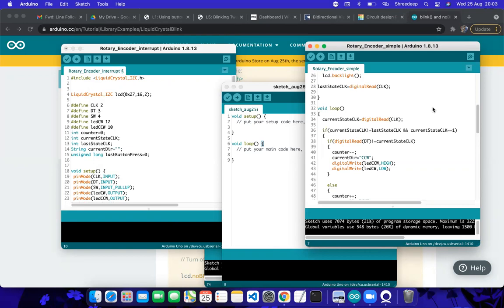Now the question is whether two I2C LCD displays can be connected to the Arduino. Theoretically not, but you can connect them in a multiplex manner, which we'll see. Multiplex means one at a time. You are using one device at a time, not both simultaneously.